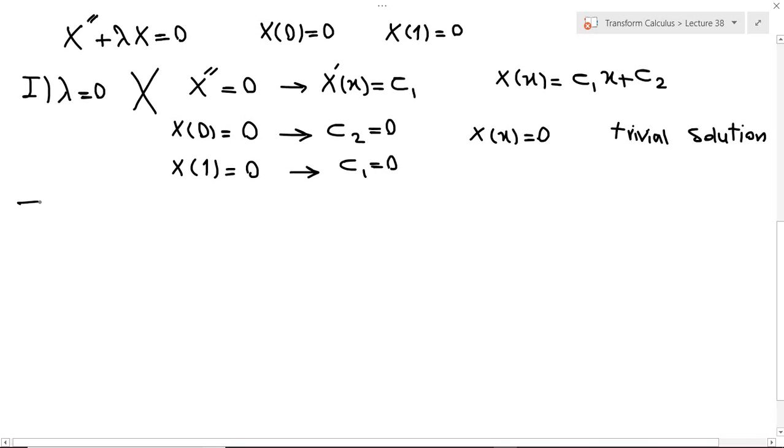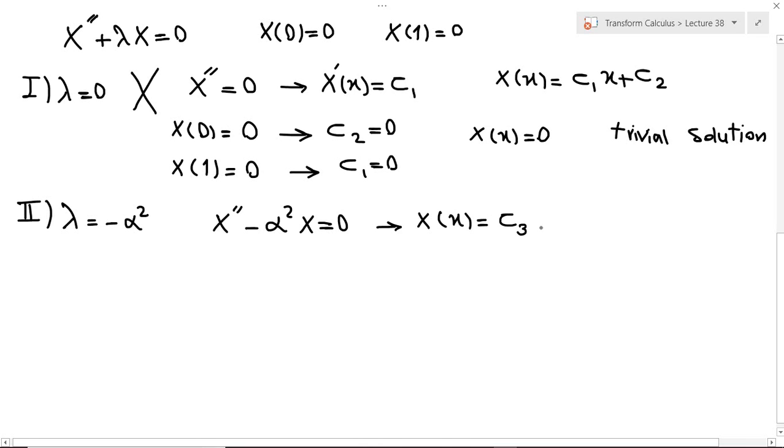So I start again with lambda as a negative number. So lambda is minus alpha squared. Alpha squared is always positive. As a result, minus alpha squared is negative. So the ordinary differential equation would be X double prime minus alpha squared times X equal to 0. And the solution of this ordinary differential equation, we use C1 and C2 here,